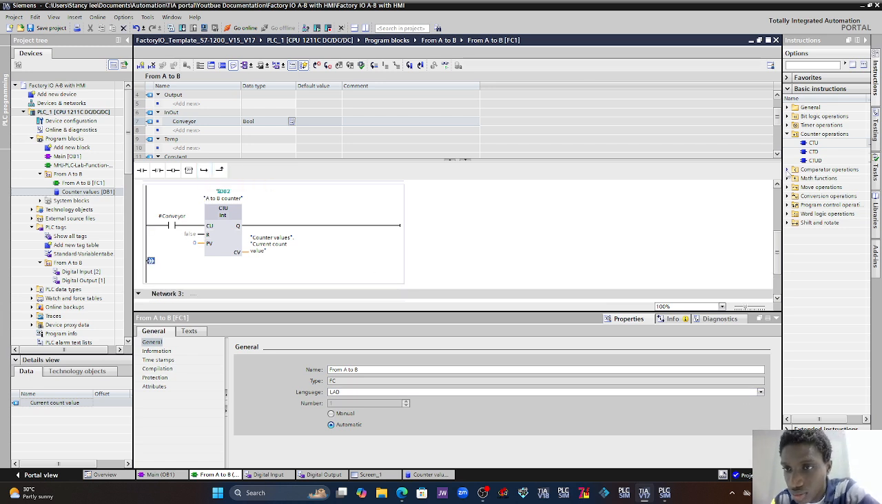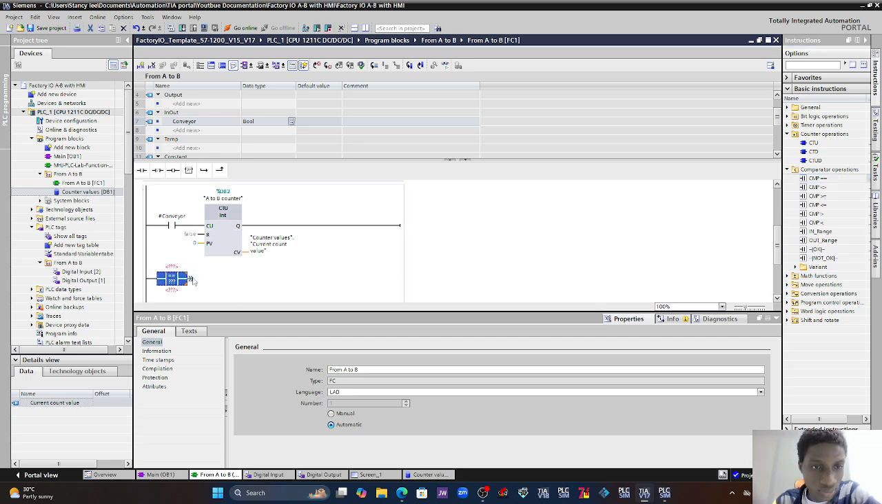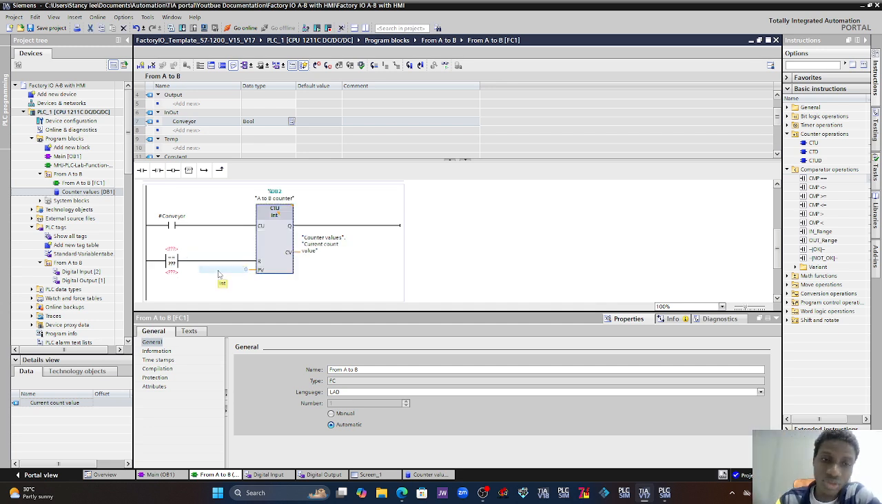Okay, so our comparator operation wants to be equal. I'm just dragging and dropping. So once it's equal to 20, it will energize the reset coil, it will activate the reset option. So once current value, which is this same variable,